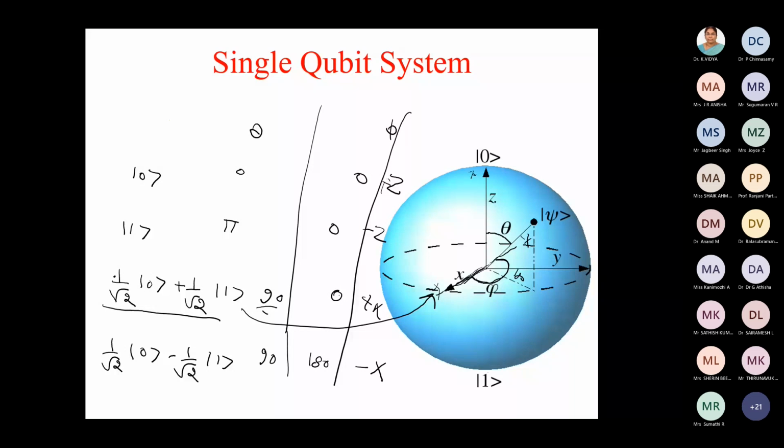Okay. So just now what we have understood is that given theta and phi, we can tell about the state. Given the state, we can tell about alpha and beta. If you know alpha and beta, then we can go to theta and phi. So from one given thing, we can go to the other. Is this okay?